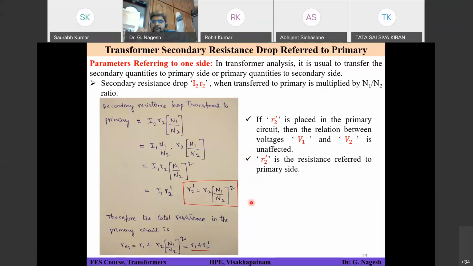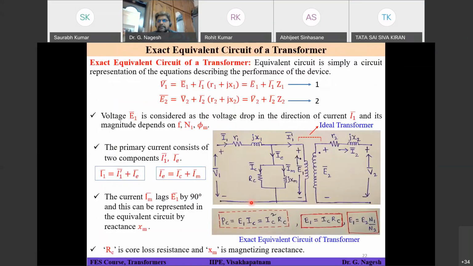Sir, why are we moving? I have already told here. This circuit is, let's say, based on the turns ratio, the voltage on the primary side is not the same as the voltage on the secondary side. You are understanding? Why? If I give 100 volts as V1 and N2 is, let's say, 1000 and N1 is 100, so what will be E2 approximately? Let's say E1 is 100 volts. And N2 is 1000 and N1 is 100. So what will be E2?